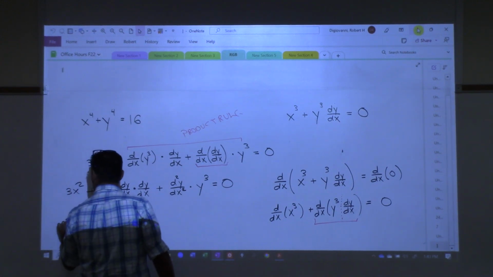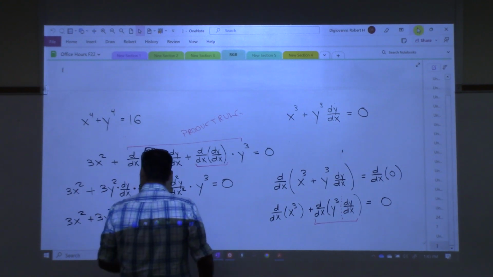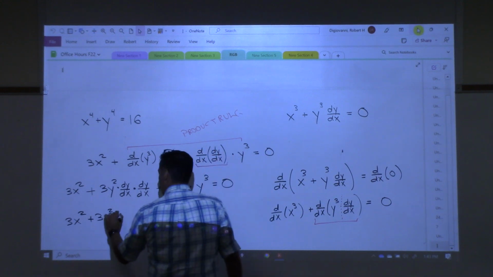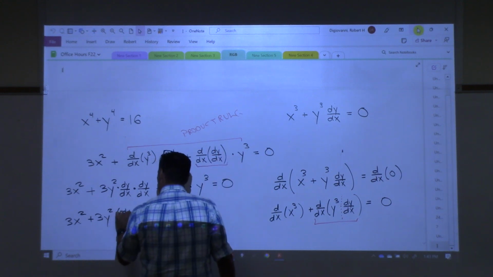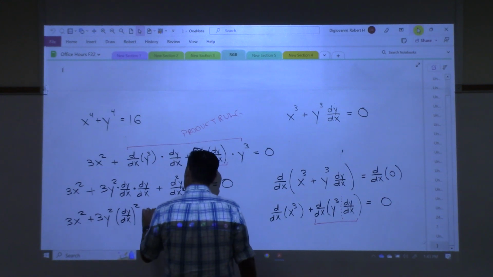That's the second derivative. And then, yeah, so let me rewrite this. I'm going to write 3x squared plus 3y squared. This is getting tedious. I have to write this way. dy dx squared plus d squared y